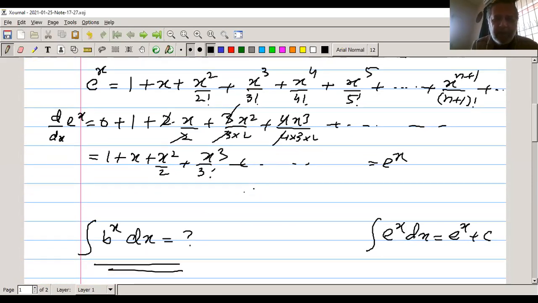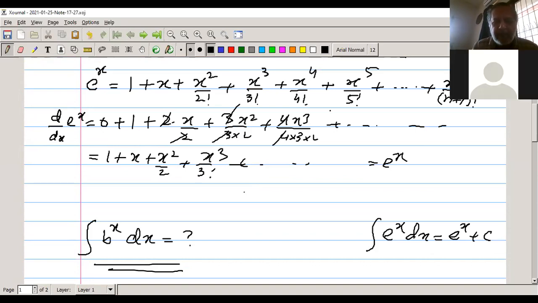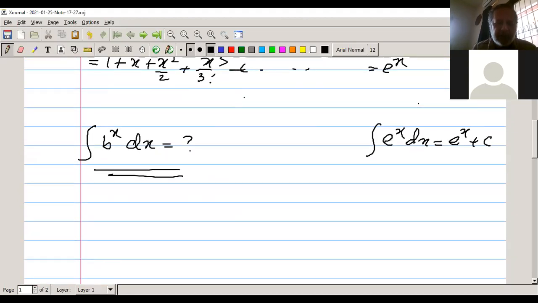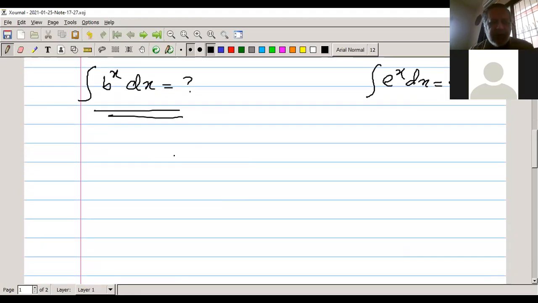Some people argue that this expansion of e power x is obtained after having developed most of the ideas in differential calculus. So what is the fundamental proof that the derivative of e power x is this one? What is a more fundamental proof for that? Just for the sake of basic queries, the basic or fundamental method of getting the derivative of e power x is